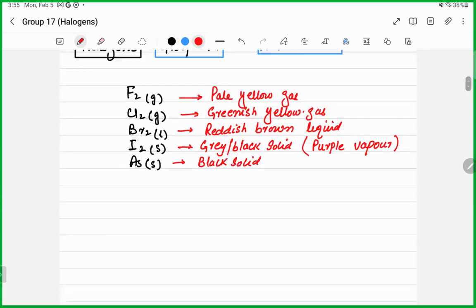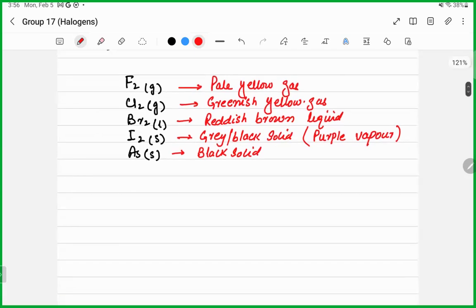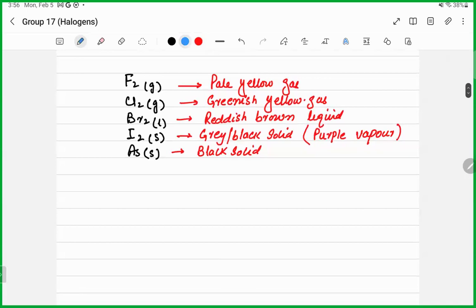So you can see going down the group, the physical state changes from gas to liquid to solid, and the intensity of the color also increases from pale yellow to reddish brown to gray-black solid. Why the color changes and why the physical state changes all depends on the intermolecular forces. Going down the group, all these halogens are diatomic molecules. They are typical non-metal diatomic molecules. They all are non-polar. And the physical state and especially the color depend on the extent of intermolecular forces in all non-polar